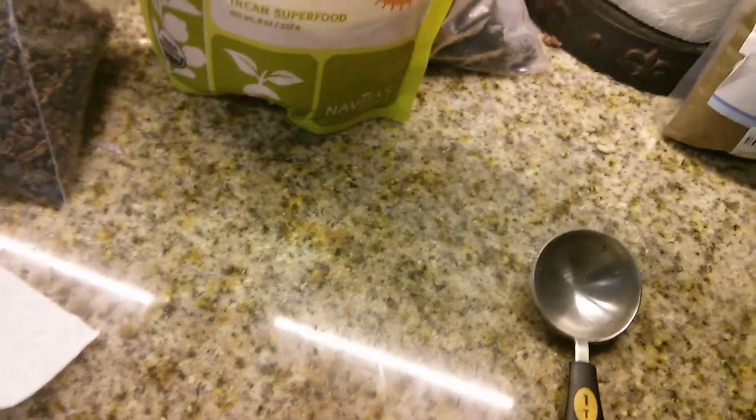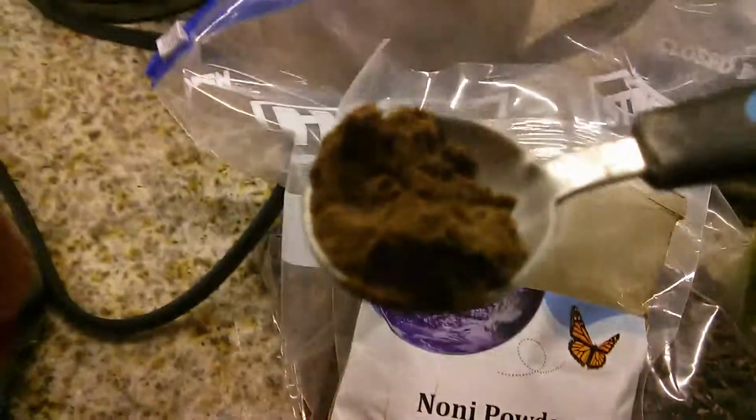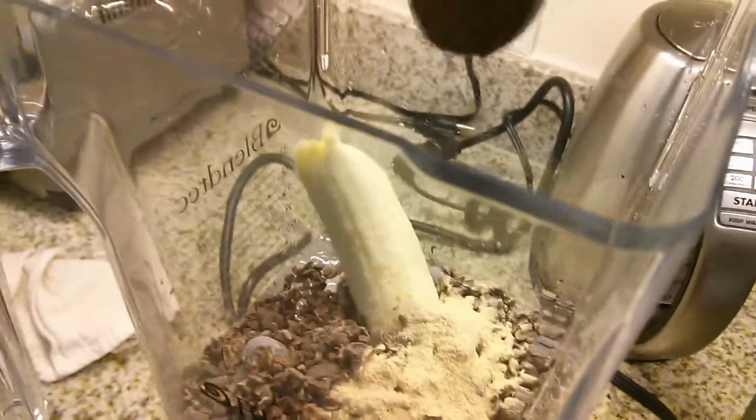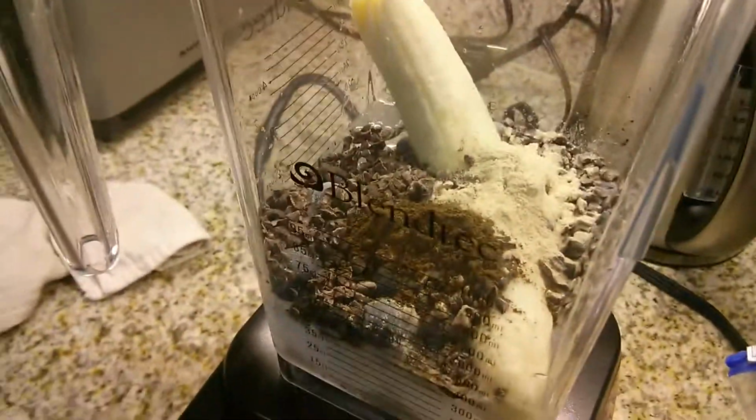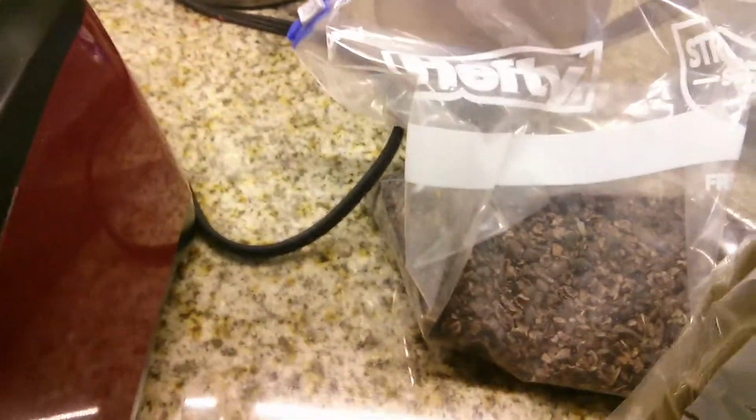Moving on, I'm going to add some noni powder. Noni powder comes from the noni fruit. It's ground. It's pretty good. It matches very well, I find, with the chocolate nibs. It has that same coloring. The flavor is not the same, of course, but it just matches well. I think coloring and the whole texture of it. So I'm just going to add half a teaspoon of that powder into my drink, and I'll finish